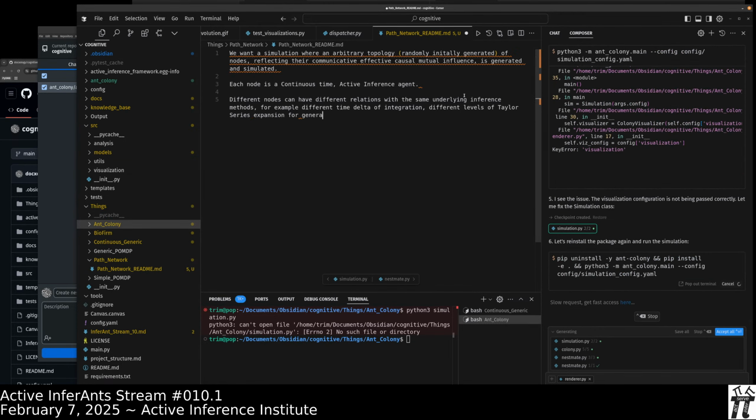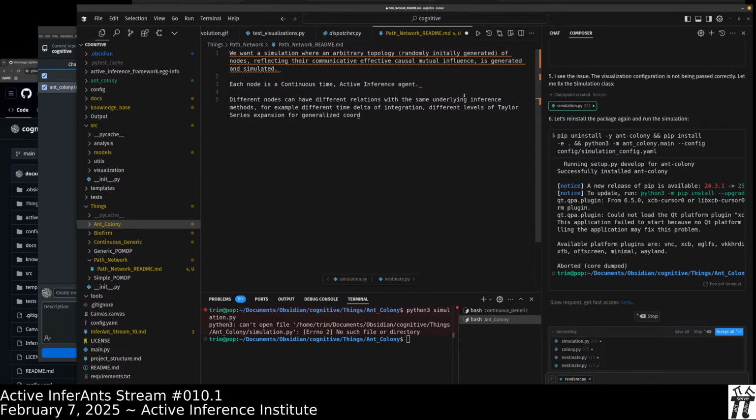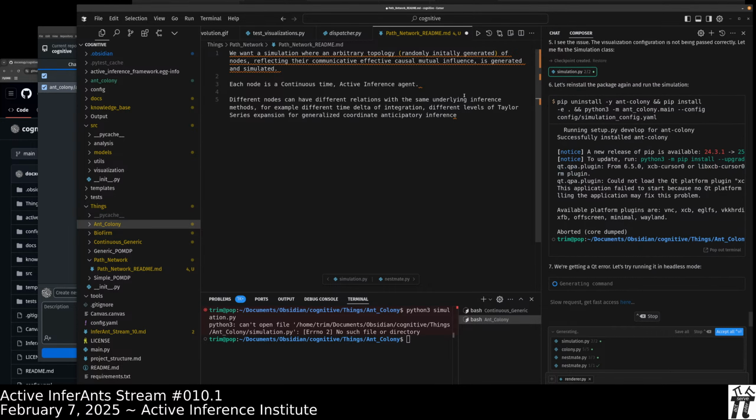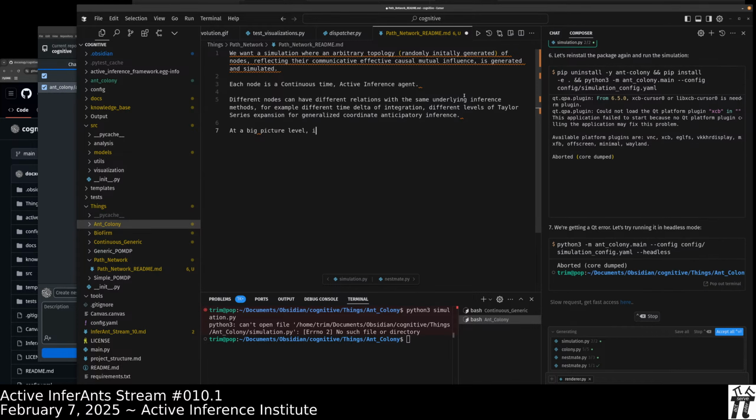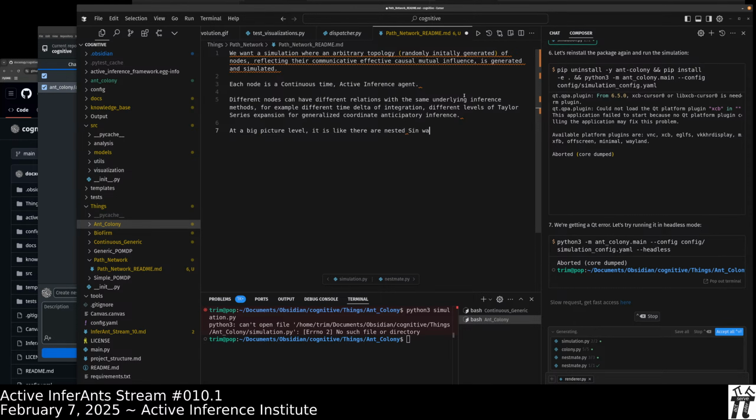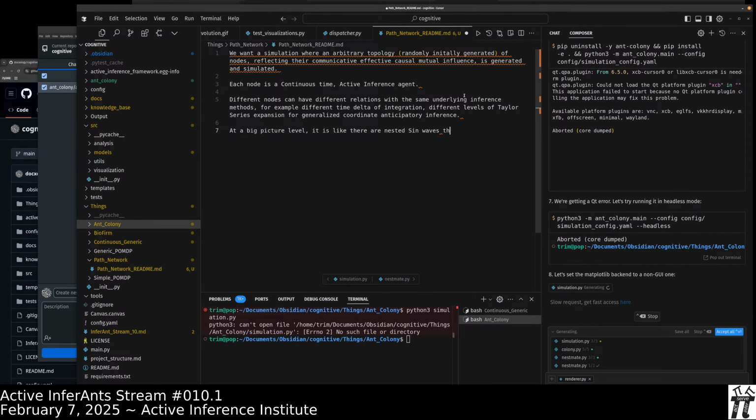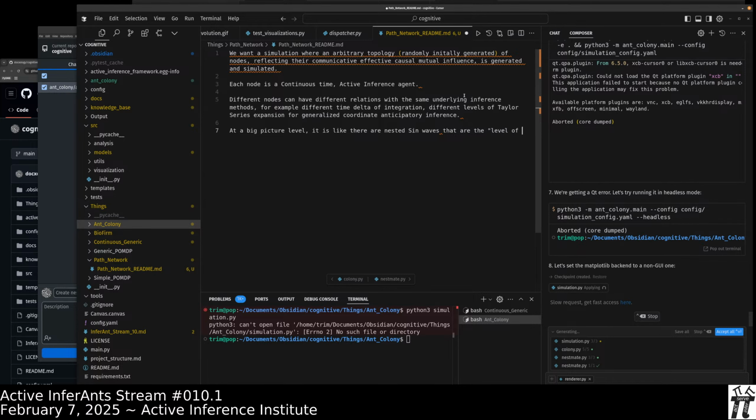for generalized coordination. Inference, anticipatory inference. At a big picture level, it is like there are nested sine waves that are the level of water in the world.